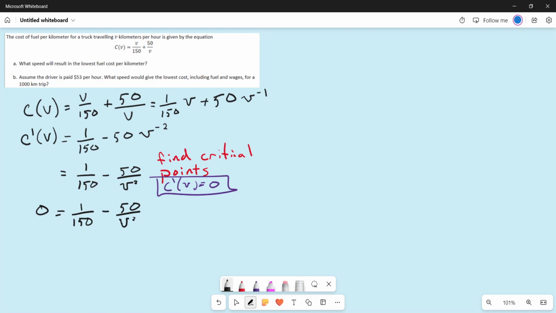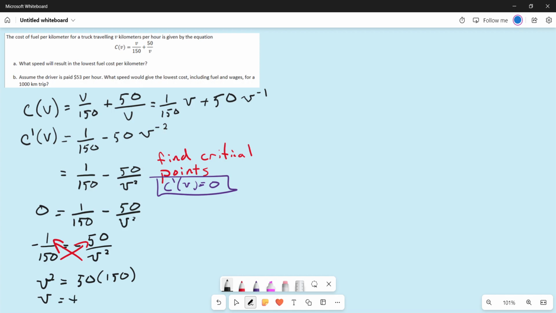Apologies for my v's. Here we could probably do this a bit faster, but just to make sure that we get all the steps in there, I'm going to bring the 1 over 150 to the other side. Both sides are negative, so if you feel like dropping that negative sign as we go through, that's totally okay. We can cross multiply here, and then when we cross multiply, we get v squared is equal to 50 times 150,